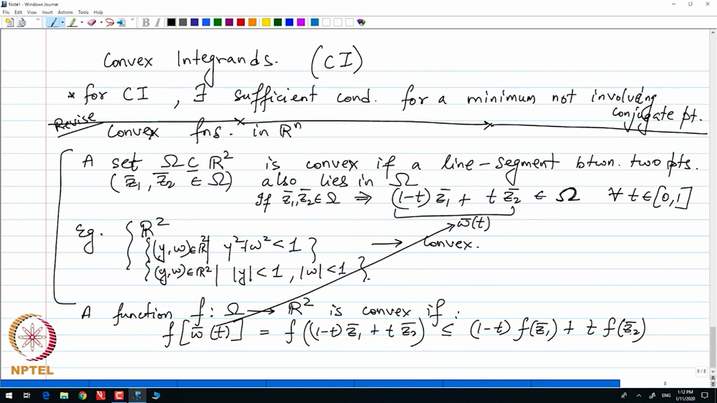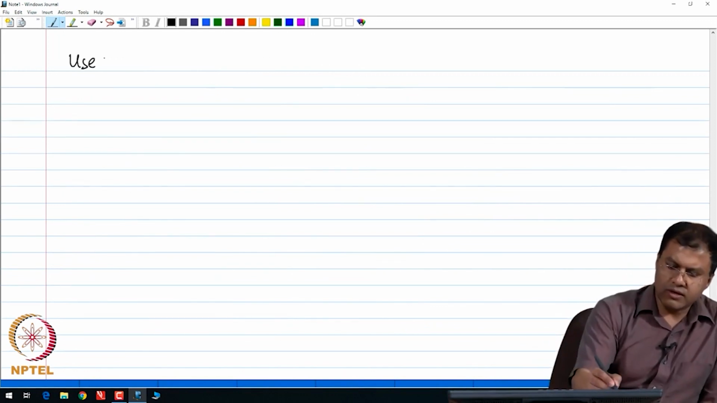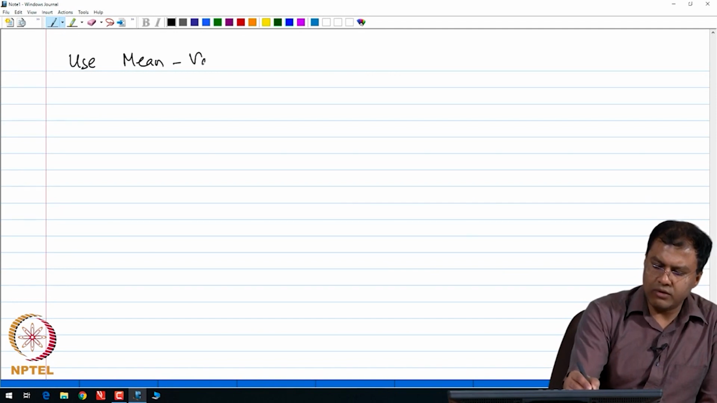So, then we can use certain results, for example, the mean value theorem, to arrive at certain other relations. So, let me start numbering some of these relations here. So, let me call this relation R1. So, I am going to use some of these relations, and then I am going to use the so-called mean value theorem. So, using mean value theorem,